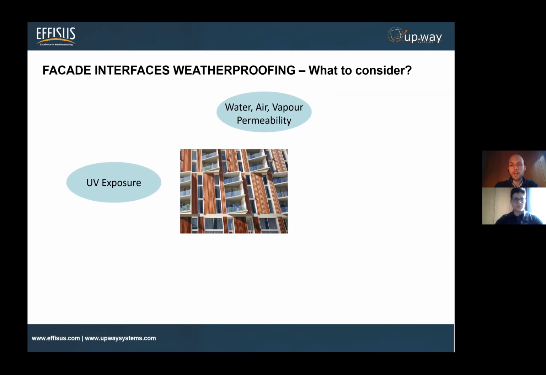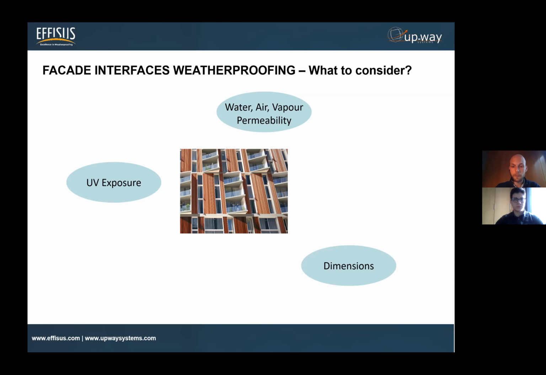UV exposure, because sometimes you have these interfaces fully exposed during the building life. Sometimes it is just during the construction phase, but you need to take this into consideration, of course. Otherwise, you can have your product failing because of the lack of components or performance when exposed to UV. It could be cracking or drying out